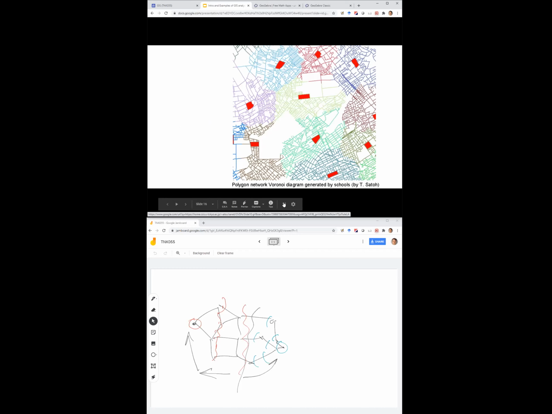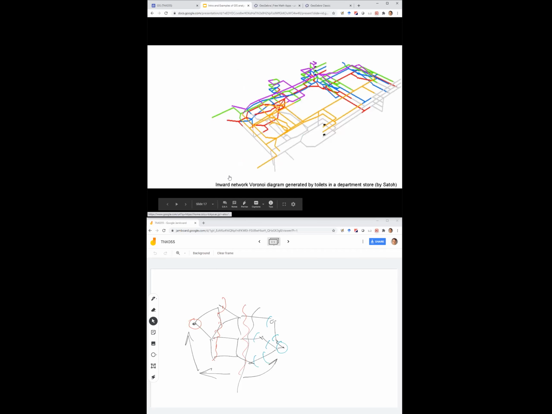I guess they're schools. To which school should kids go? Yet another example, I guess that's a blueprint of a shopping mall, and there are toilets, and well, here is a GIS problem for you. You have toilets in the shopping mall, and everywhere in the shopping mall you have to put these arrows that point to the closest restroom. So yeah, this restroom can be on a different floor and so on. I'm not sure what the sites are here. I don't really see the toilets here.